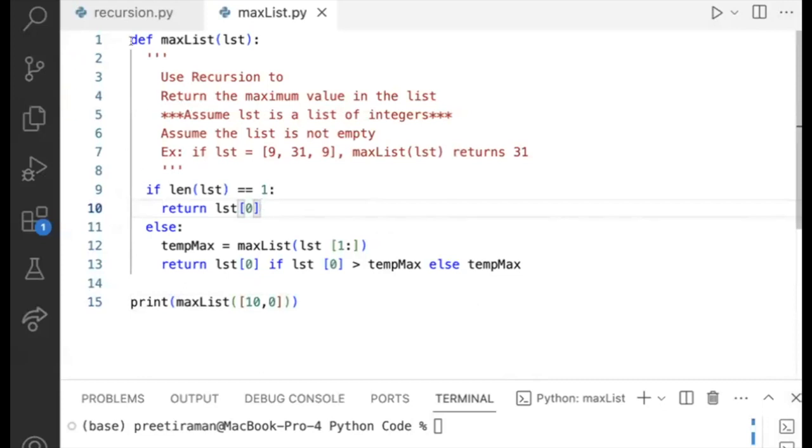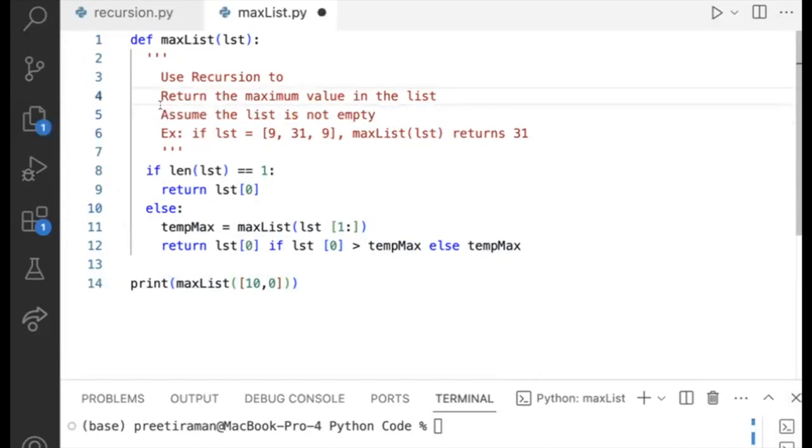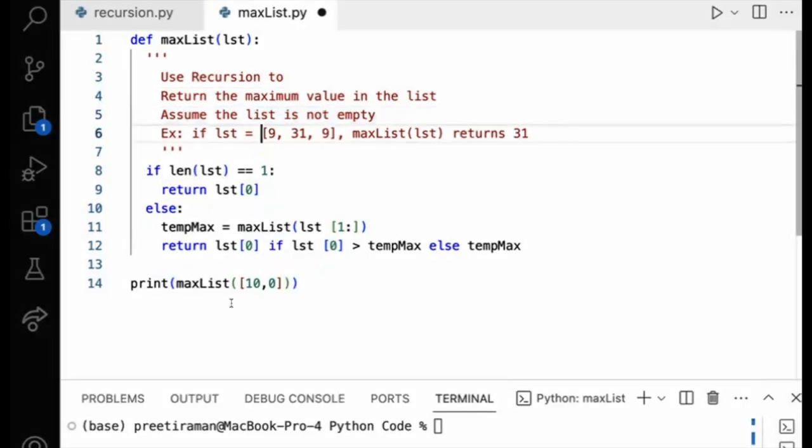Okay, so here I have our max list function from trying to find the maximum in a list of integers. Now what's different about this current question is that we're going to use recursion to return the maximum value in a list, but there's no assumption that it's a list of integers, and the list could possibly also be empty. One example that would be useful to see would be to add, say, a string value here